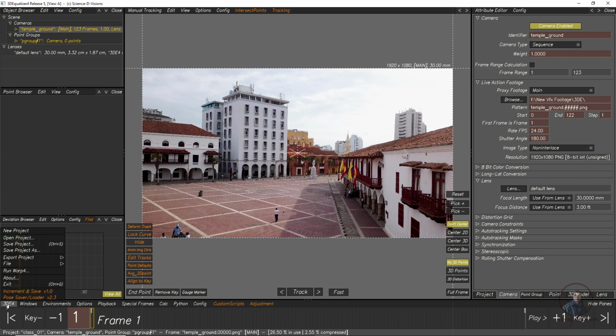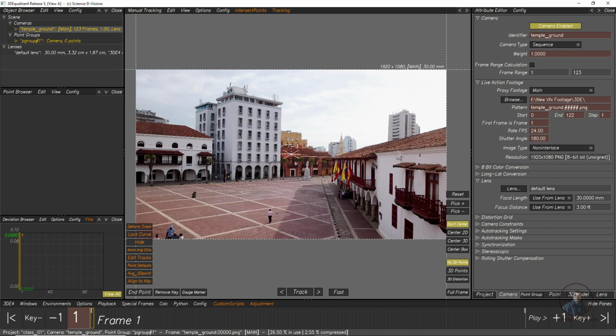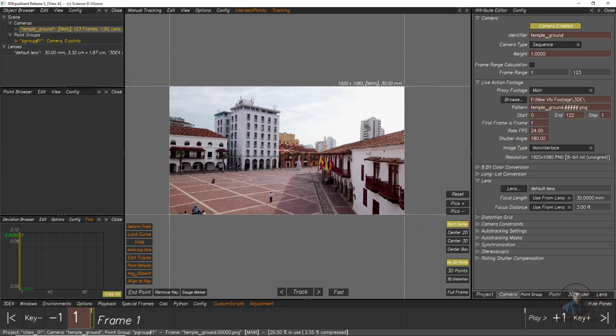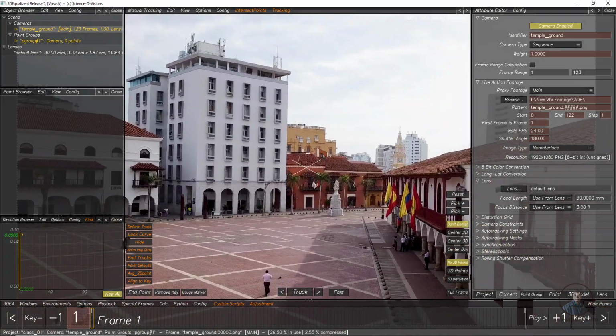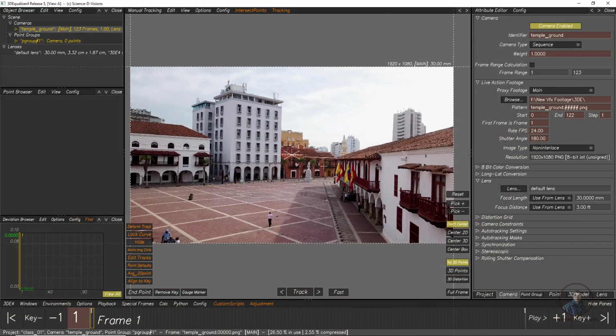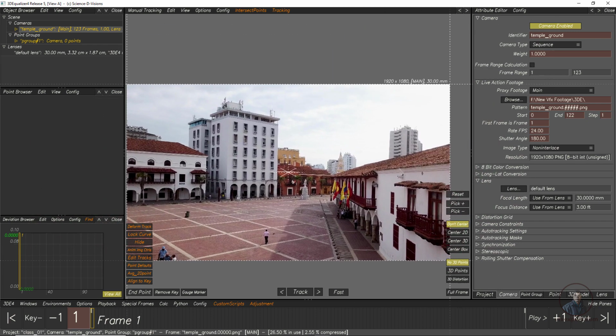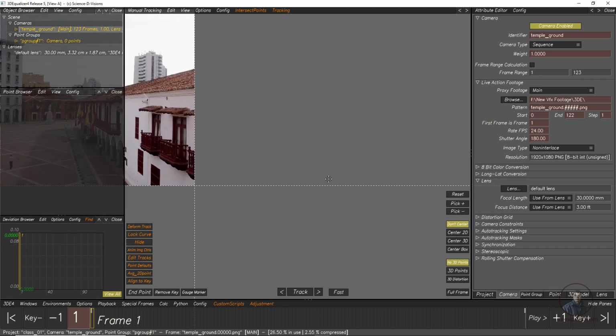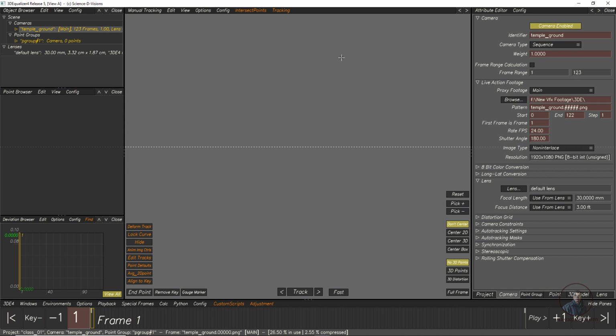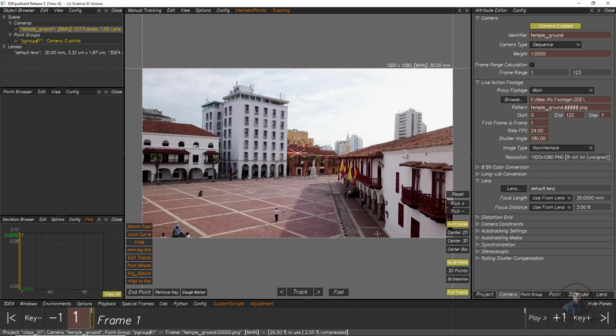So again we have to click on this 3D-E4. After saving your project, I am going to show the navigation of this actual display window or viewer. Simply right mouse button drag, so you can zoom in and zoom out in this viewer, and hold the middle mouse button so you can pan. And suppose you have moved your windows anywhere and you don't know where it is, then simply press F. This will frame your window inside this area.